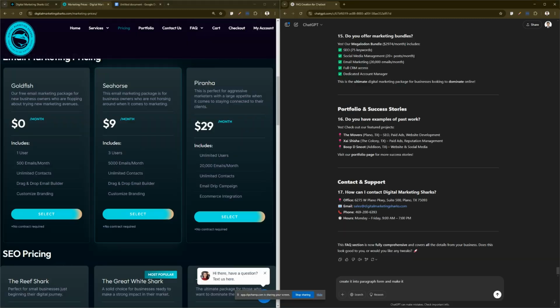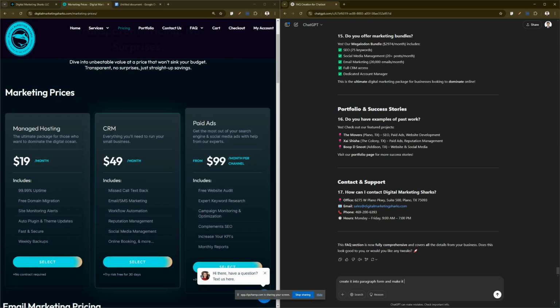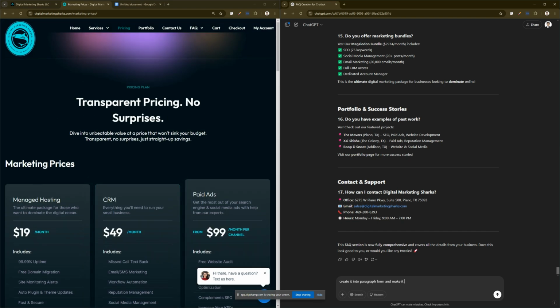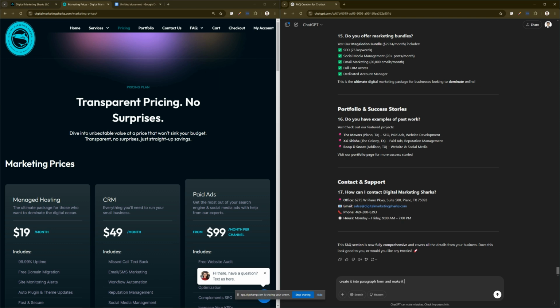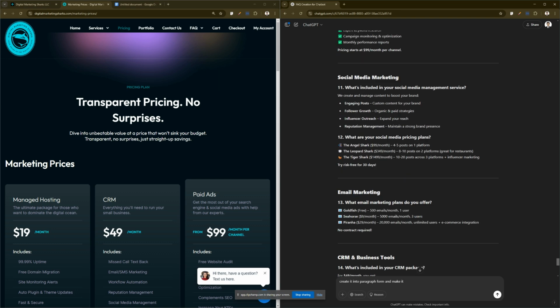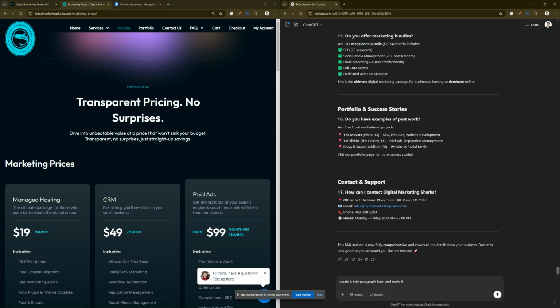Now I've split my screen into two here so that I can double check and verify all the information that was given to ChatGPT. There's really nothing wrong with double checking, just to make sure. Now, what I want here is to make it into paragraph form and turn it into a more conversational tone and more humanized so that the chatbot can sound like you're talking to someone from our